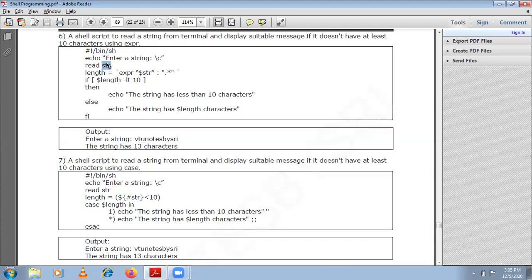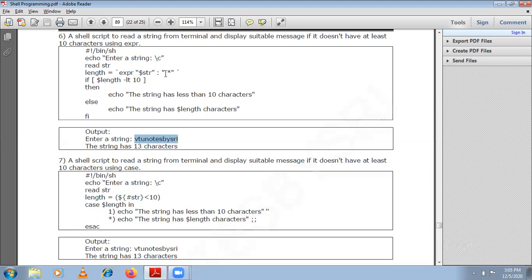Now for this str, first we need to find out the length. Once we find the length of the str, we can say whether the string has less than 10 characters or how many characters it has. For that, we need to use the expr command. You are using expr for this string, VTU notes by SRI. The dollar str contains the entire string.